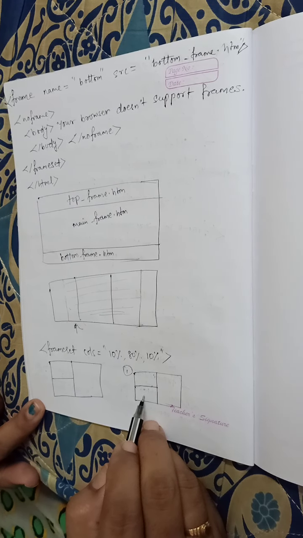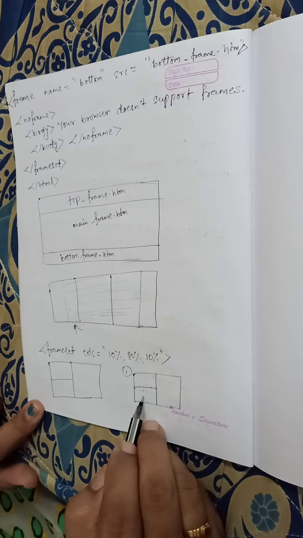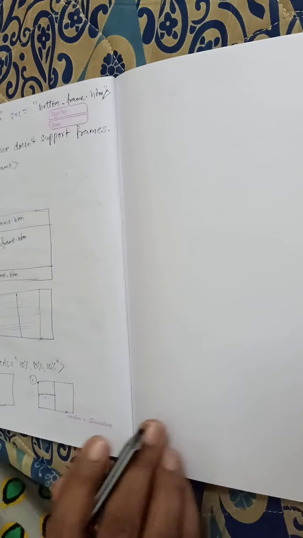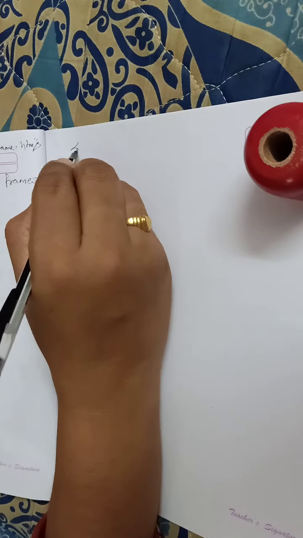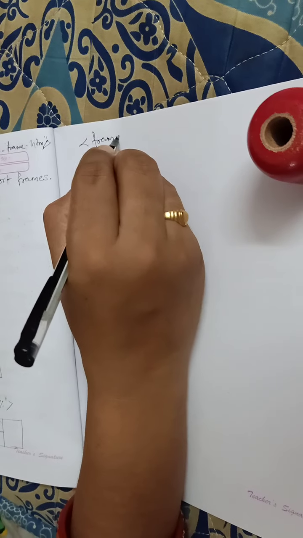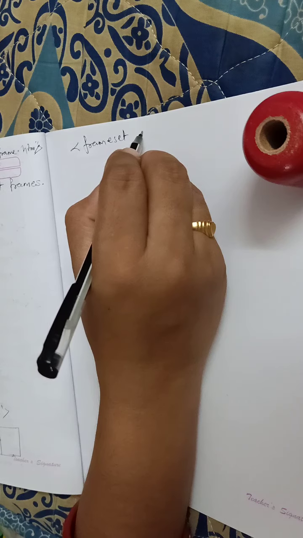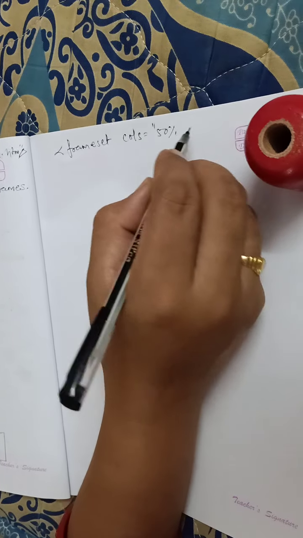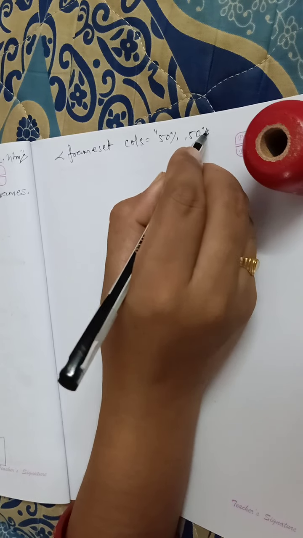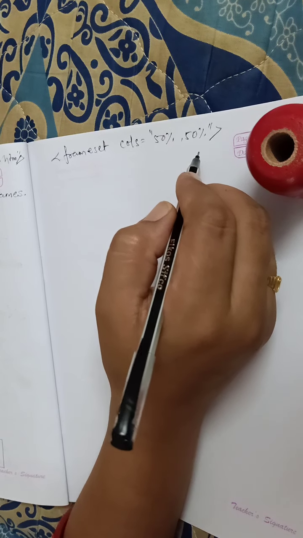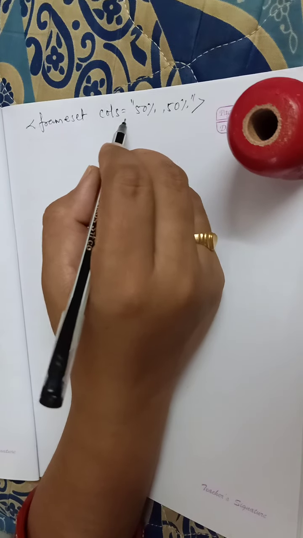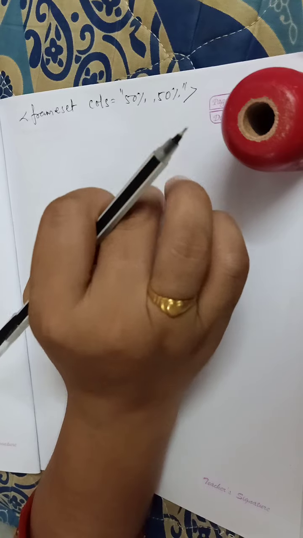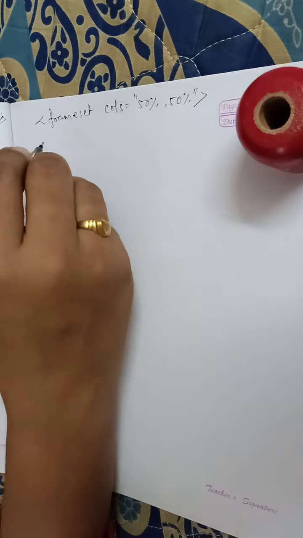Okay. So for this type of thing, how do we go about it? First is your column type. I'm just writing the frameset tag only, just for the creation of frames. So frameset, first is columns. Suppose I am mentioning 50% and this is also 50%. Okay. So first it has been divided in a column-wise manner, and two vertical frames are now with you.